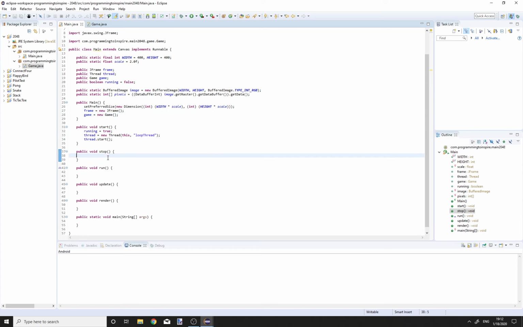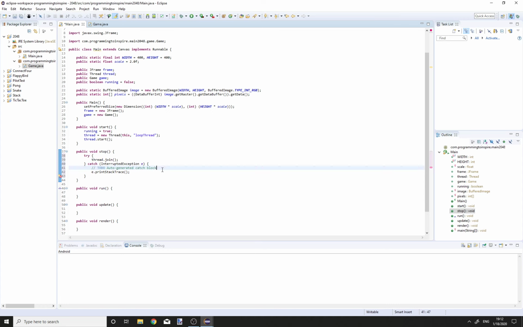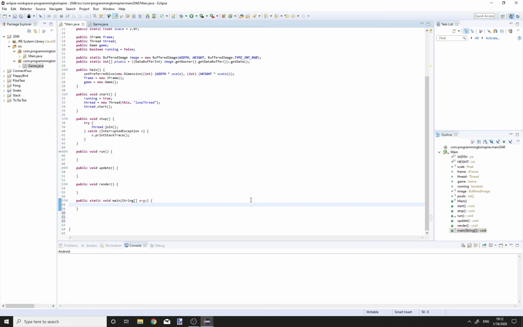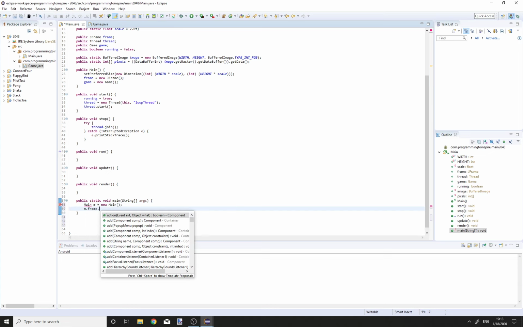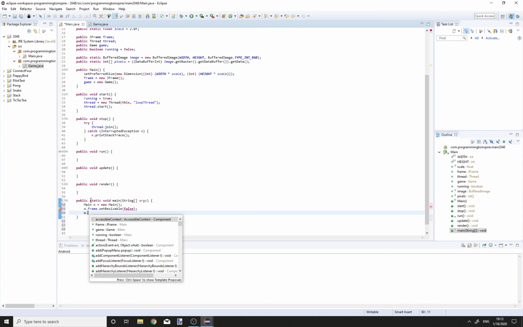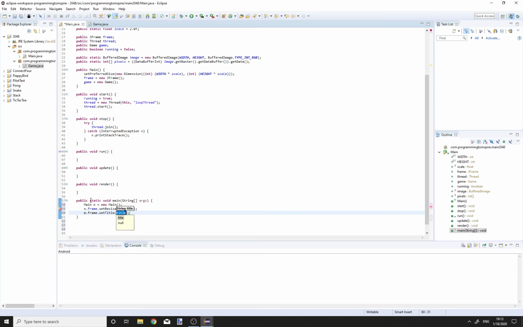In the stop method, we are gonna stop our thread, so thread.join, and surround that with try and catch. Now go into the main method, and here we are gonna create a new instance of Main. So Main m is equal to new Main, m.frame.setResizable to false, m.frame.setTitle to